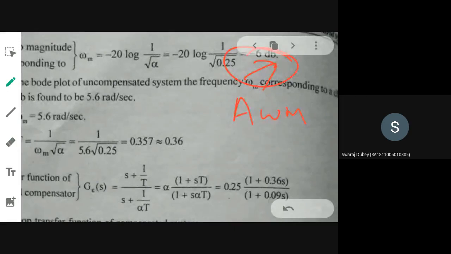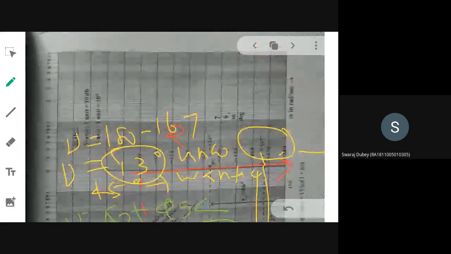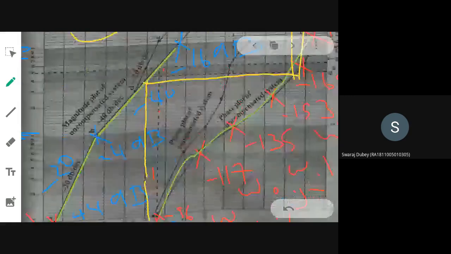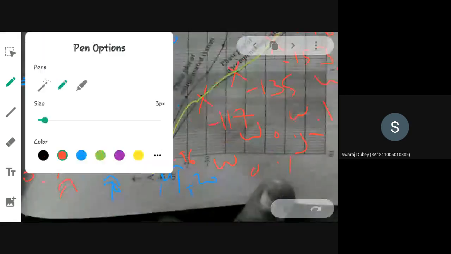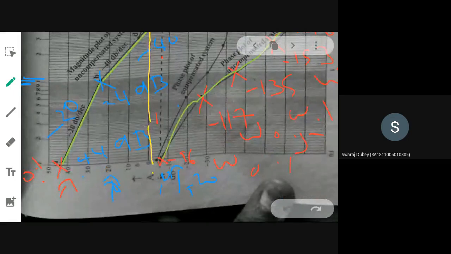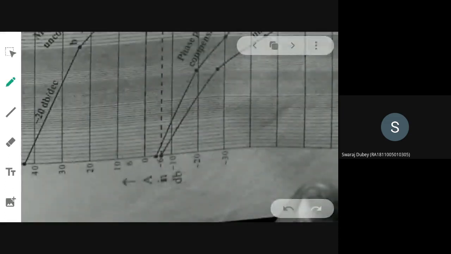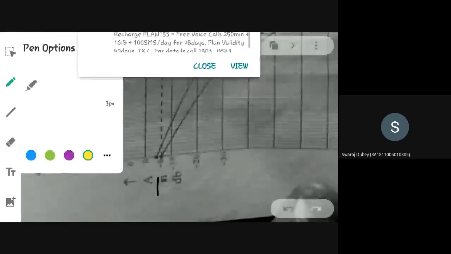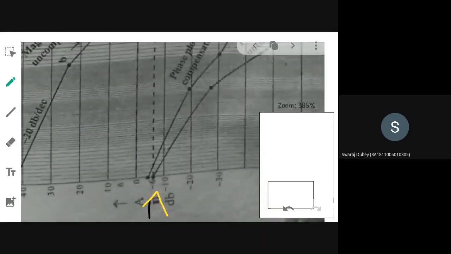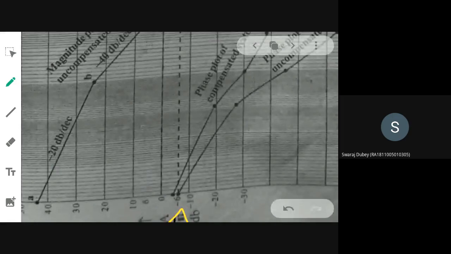Now I will go back to the plot. Where you are having minus 6 dB, I have to check it out. So this is my 0. I will rub it a little bit. So this is my minus 6. Are all able to see that minus 6 dB? I will just extend that minus 6 dB as shown in the dotted line.